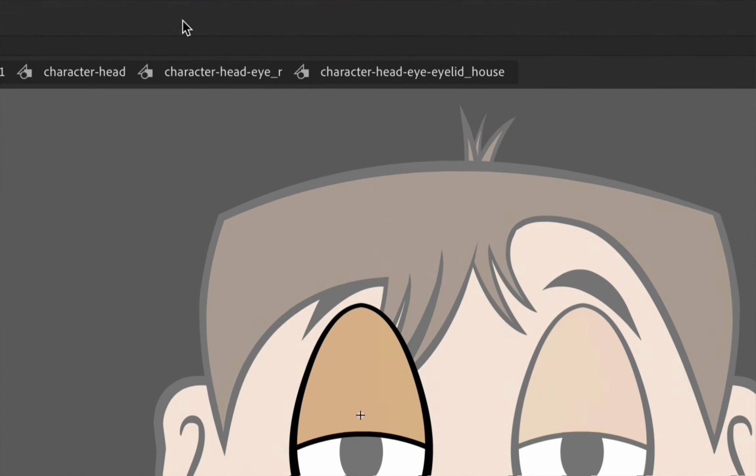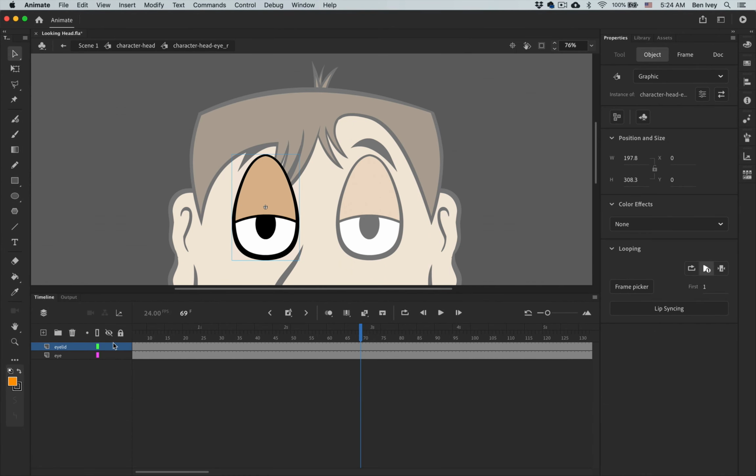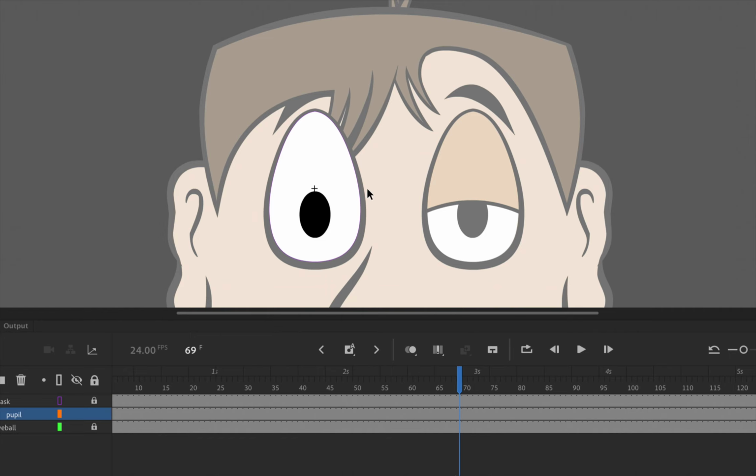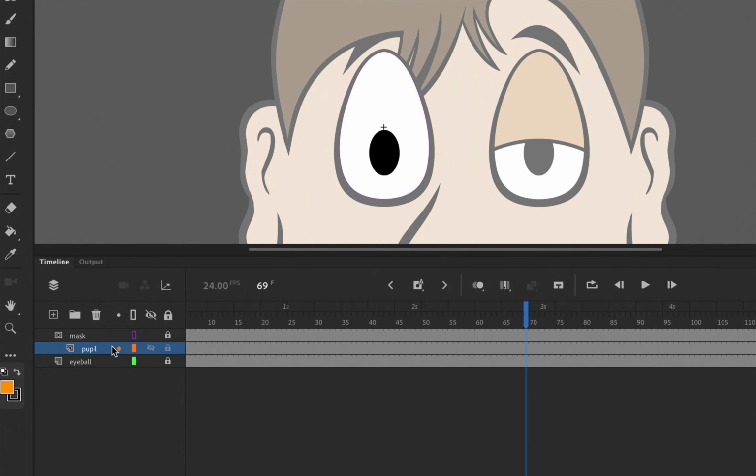Now let's back out to character eye R so that we're working on just the entire eyeball on the right-hand side, and let's go into the eyeball's pupil. Carefully double click on the pupil of this eye and this will isolate just this eyeball. You can already see that this eyeball has a variety of different layers as well. We're only going to be moving and working with the pupil,